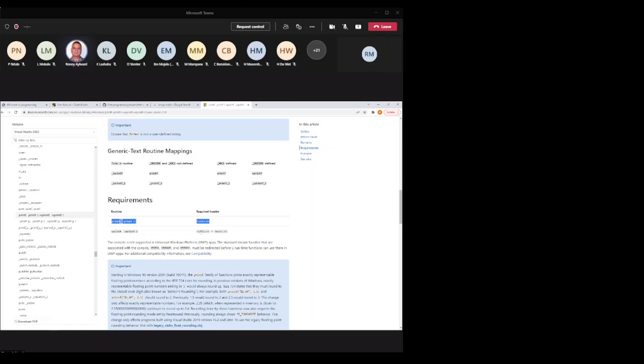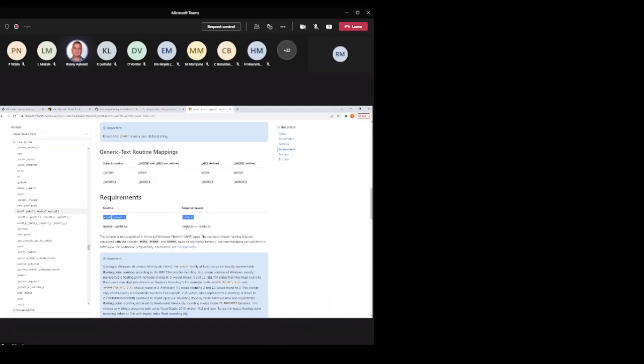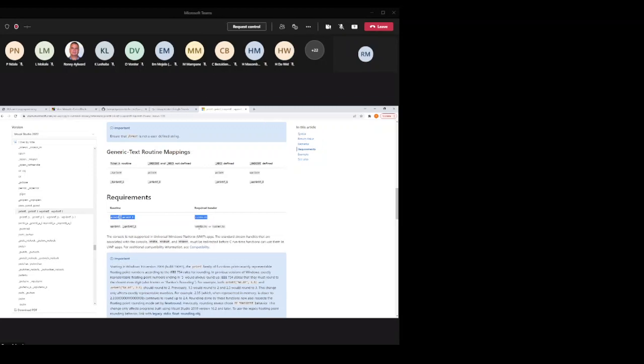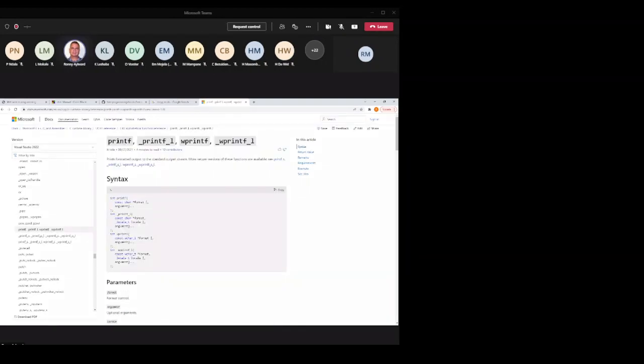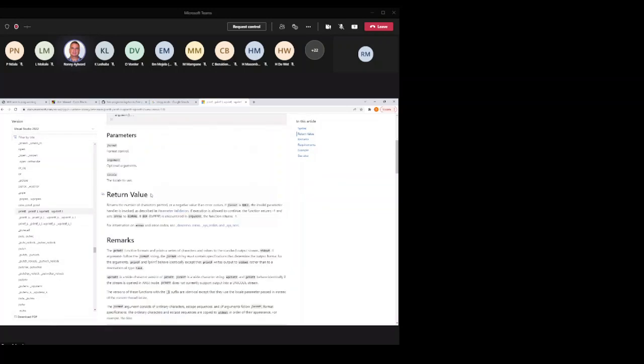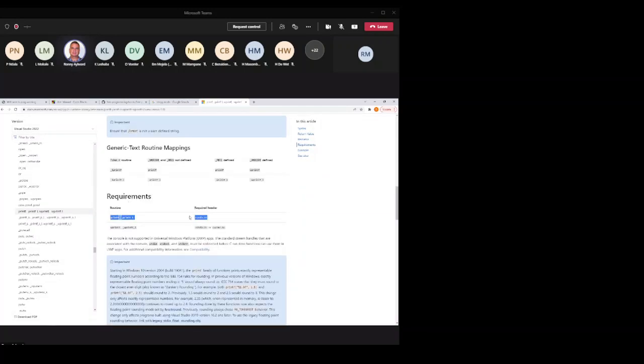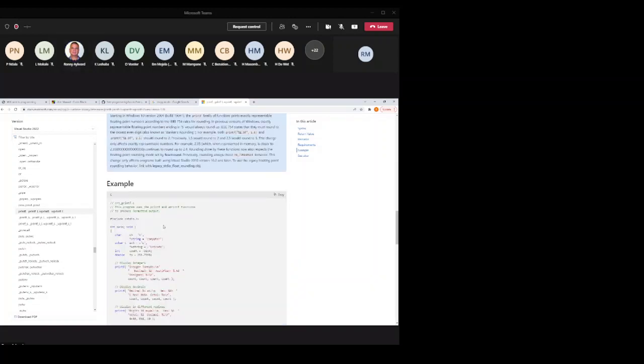Okay, so whenever you are confronted with a new function and you don't know what to include, how do you know? Well, you can go on to the MSDN or the Microsoft Docs network, and by searching for it, you can go down and find the requirements and standard IO.